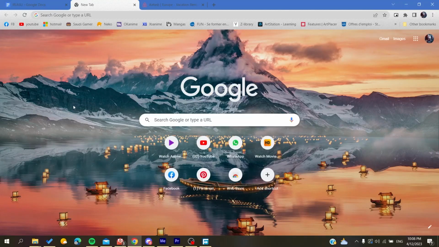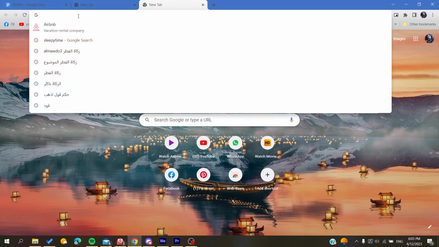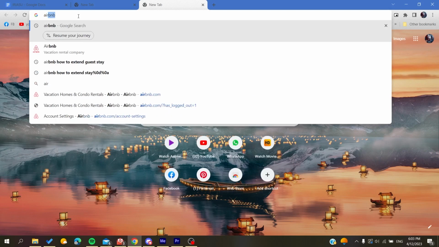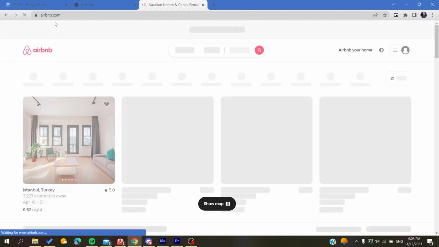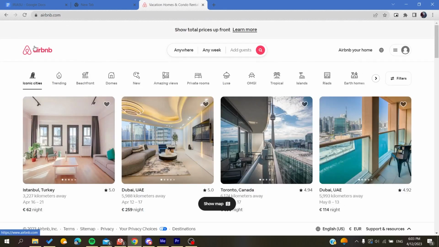In today's tutorial, I'm going to show you how to remove your listing from the Airbnb website. So the first thing to do is to go to your browser, either Google Chrome, Mozilla Firefox, Microsoft Edge or any browser, and then you will need to go to airbnb.com. After you click on it, you will be redirected to the Airbnb website, and then you